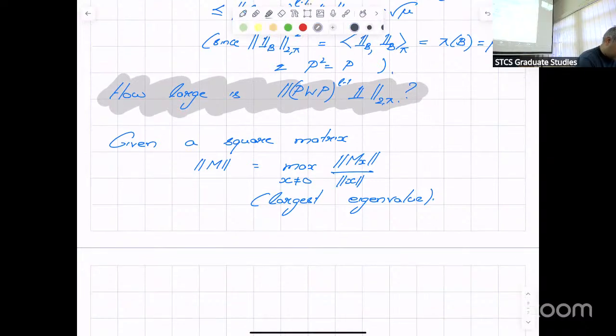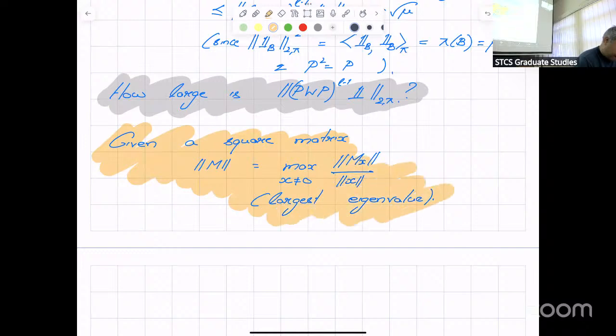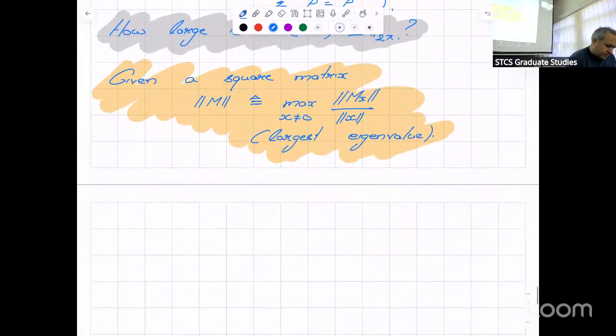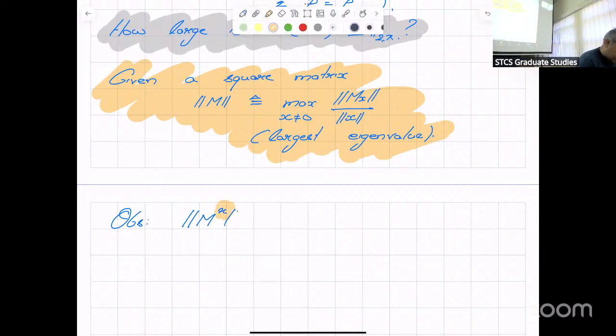I'm going to define this notion. In fact, these are the reasons I'm doing this proof. There are several important notions that we'll use, and various things will happen here. This is where we'll define the norm of a matrix to be how much it scales a vector. Let's make some observations about this definition. I want to ask about the norm of M to the power, say, r. R was a bad choice. M